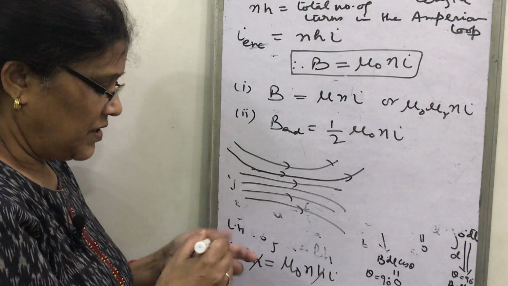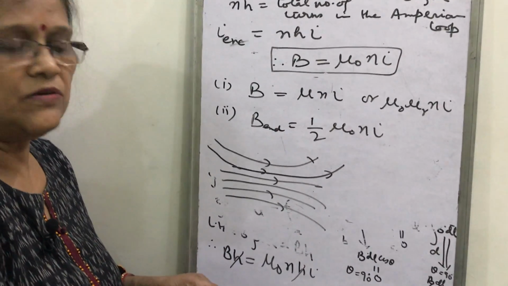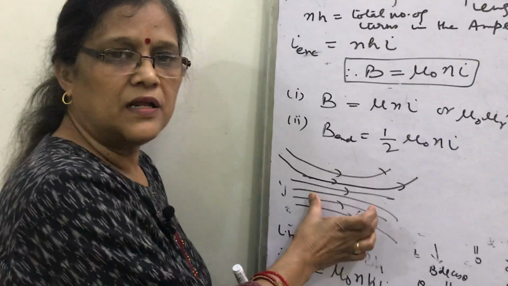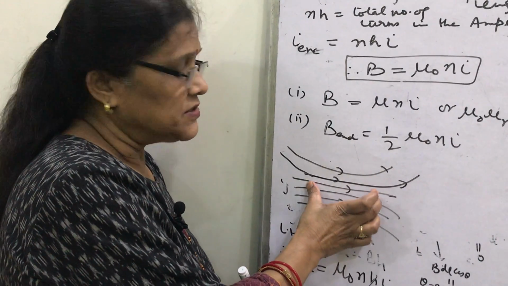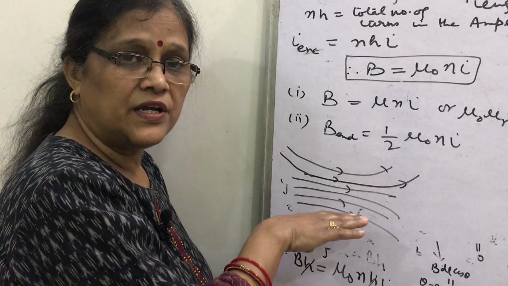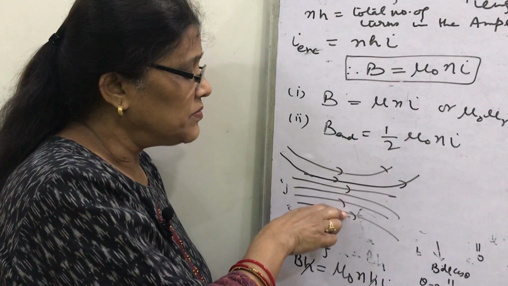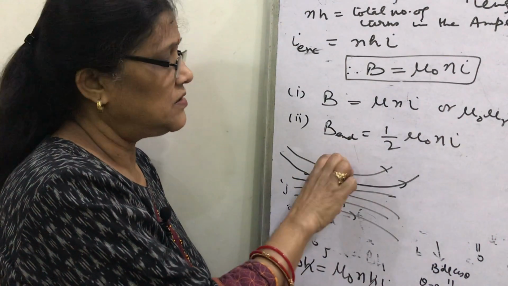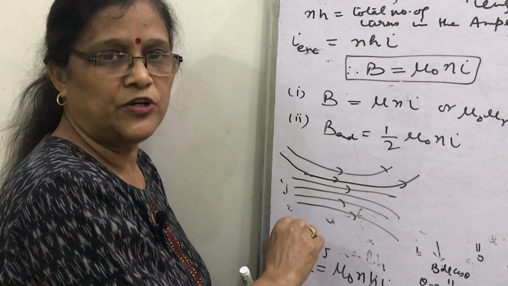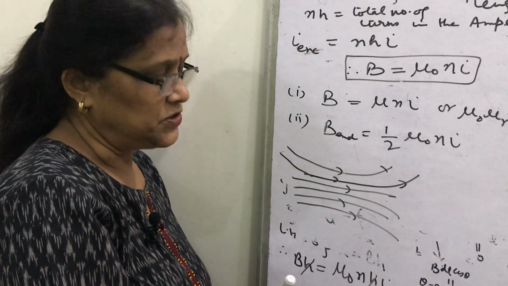So in this way, the magnetic field lines are parallel along the axis of the solenoid within the interior, for points far away from the surface of the solenoid tube. We find the magnetic field is uniform.